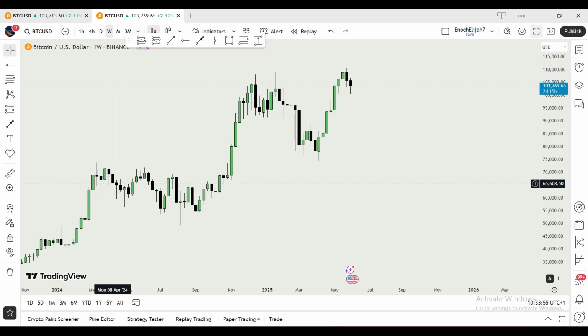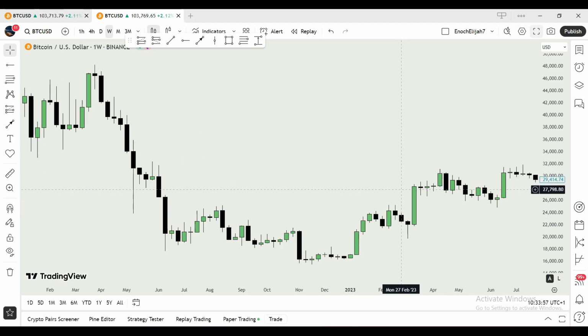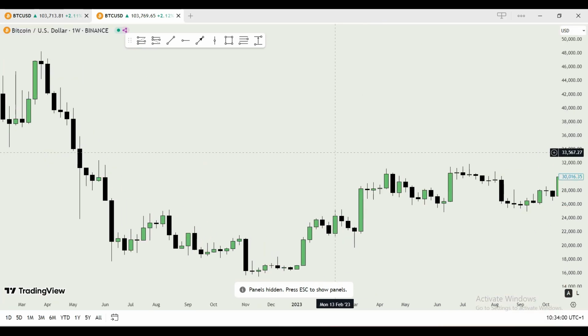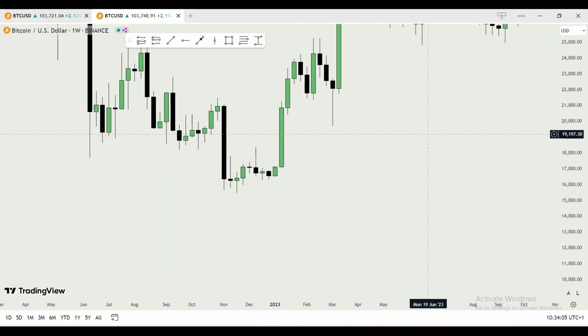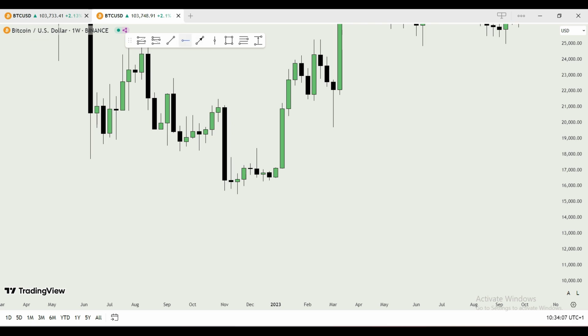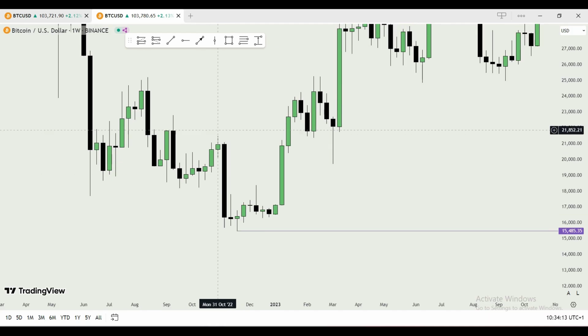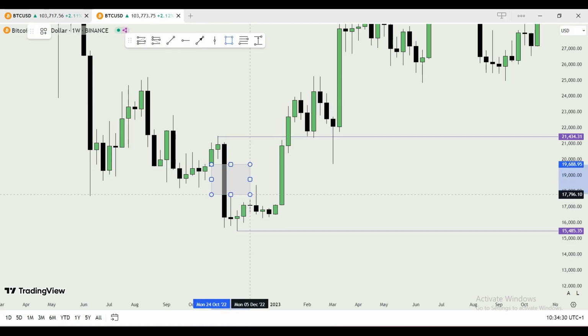Let me give you an example again, starting from the beginning. When you look here, the lowest low is here. This is the lowest low. This is the most recent high, here. Now, this is a range, high and low, and it's a bearish range. On each price retracement, I'd be looking for a selling opportunity to sell,